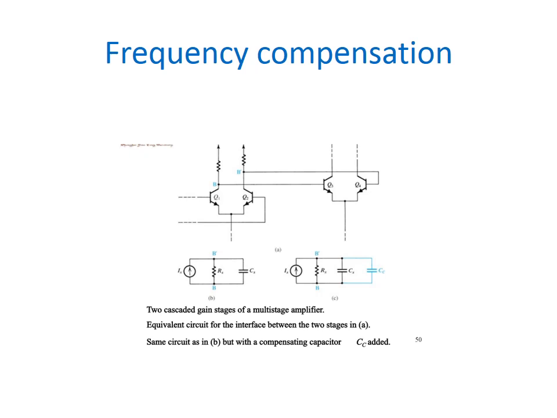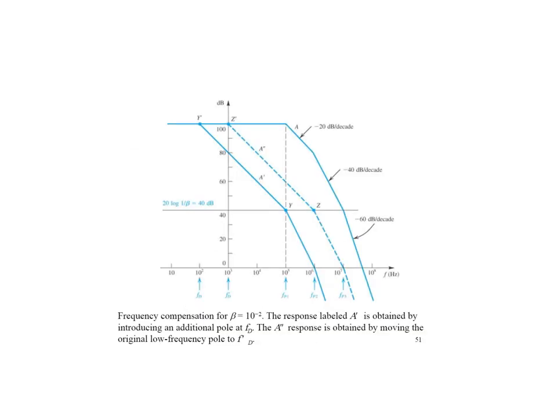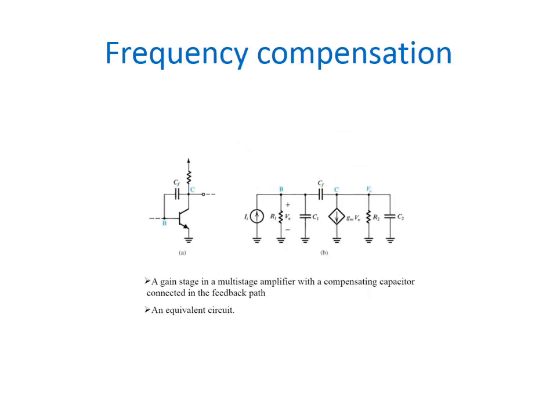So this is the two cascaded multi-stage amplifier and its corresponding equivalent circuit. In the corresponding equivalent circuit we are going to include compensating capacitors. This is the frequency compensation represented for beta equal to 10 power minus 2. Here the response A dash is obtained by adding a pole at FD. Similarly, the A double dash response is obtained by moving the low frequency pole to F dash. So here in the multi-stage amplifier we are including a compensating capacitor in the feedback path and the corresponding equivalent